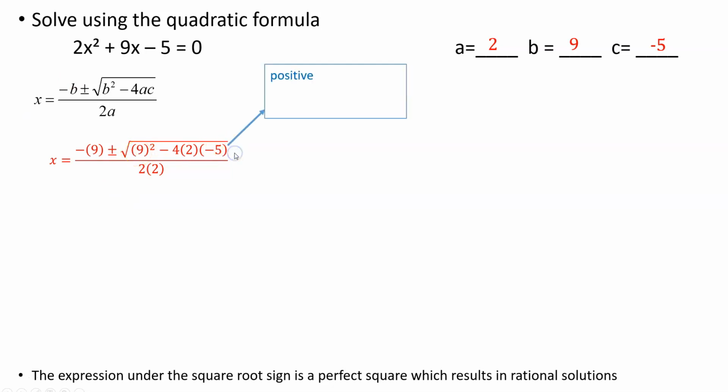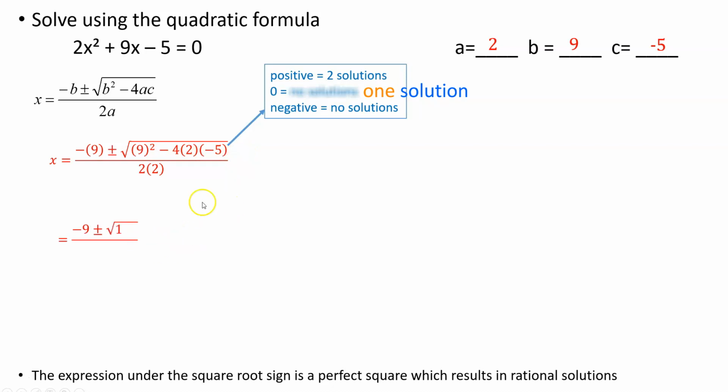So first thing we're going to do is figure out the discriminant, this little part under the square root sign. If it's positive, you know you have two solutions. If it's, oh, this is wrong. If it's 0, you have one solution, and if it's negative, there are no solutions. So let's calculate this. I just put that right in my calculator just like that, and I ended up with 121. So that's a positive number. So we have two solutions,